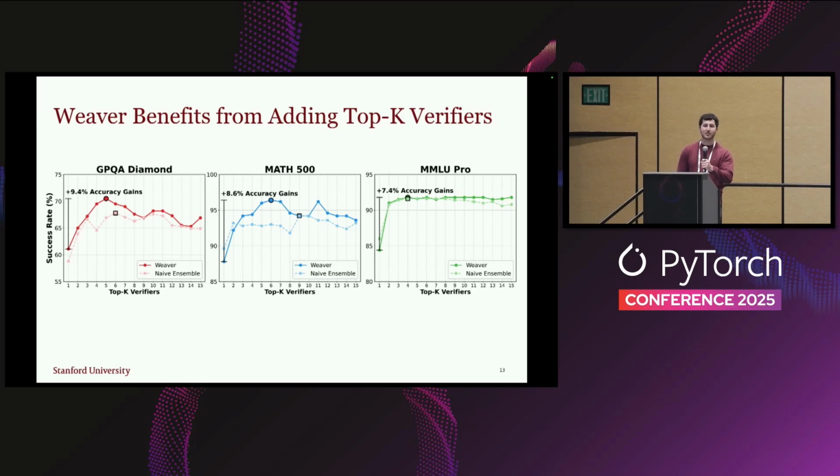We saw the gap tended to be smaller and more easily reducible for something like Math 500. One, because we think these LMs are kind of saturated on this task, but also because there's lots of nice verifiers for this task. There's lots of reward models, and also lots of LM judges that are specifically good at math. And so that allowed us to close that gap much more easily.